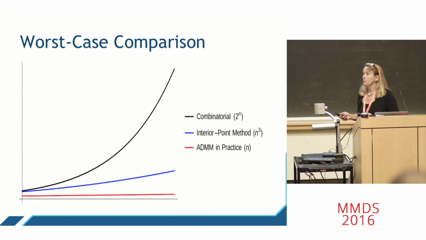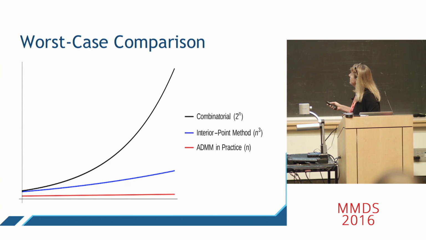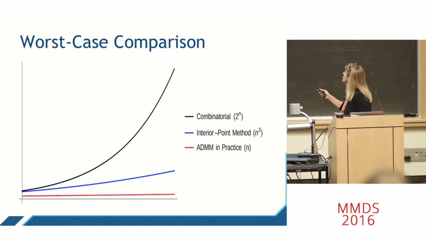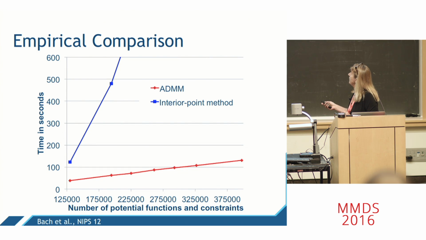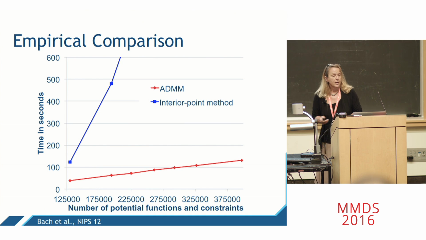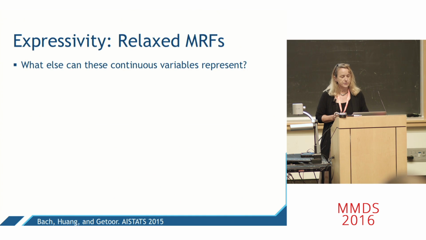And we get something where we've gone from something that started off as a combinatorial problem. We can solve it with an off-the-shelf interior point method, or we can use ADMM. This is a cartoon. Here's something on real data that shows these two lines, where I get these speedups, taking things that take hours or days and getting them to seconds or minutes. So this is one interpretation.